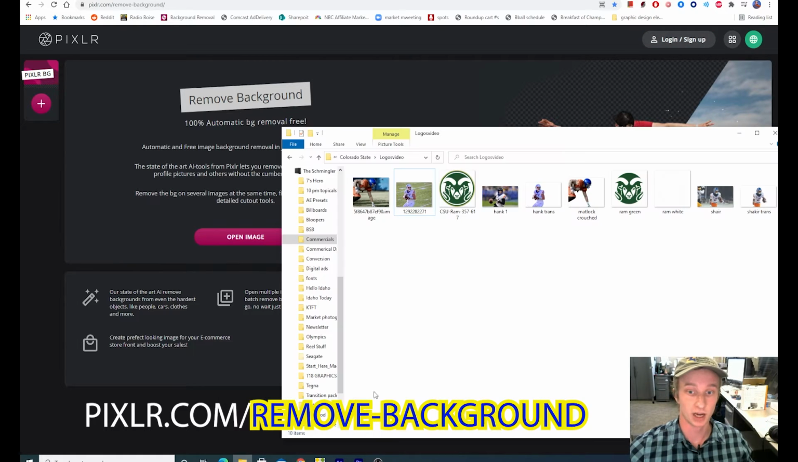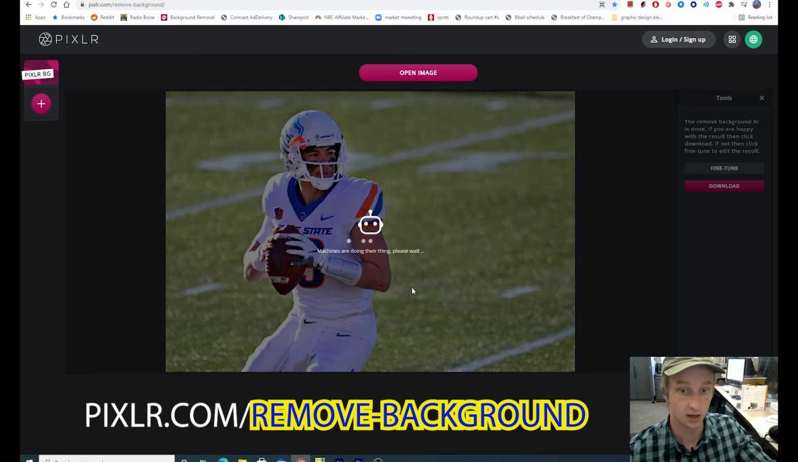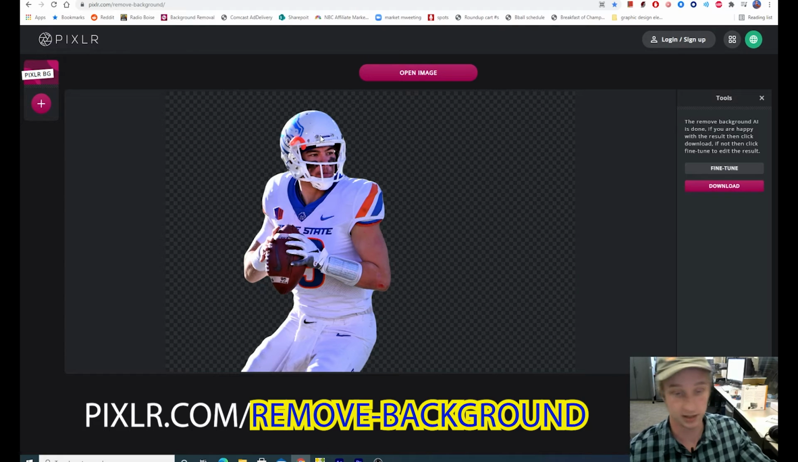So, I have my photo here of Hank Bachmeier, but I don't want all this grass behind him, I just want to see Hank Bachmeier. So all I'm going to do is drag it onto here, and I'm going to select the max, so it's the biggest photo possible. And then boom, it has taken Hank Bachmeier out of the background and made a perfectly clean cut there